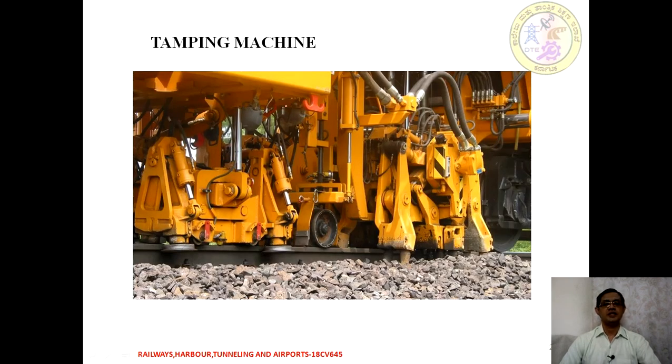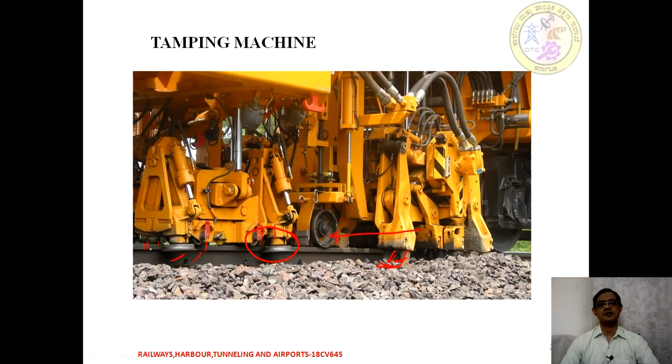So this is the image showing a tamping machine. Try to see that this is a vibratory roller attached, so that as the vehicle moves along the direction of progress, the tampers have an extruded bar, so they can push the ballast inside, or pack the material at the bottom of the sleepers. Apart from that, vibrations are given so that the exact density is achieved by this tamping machine.